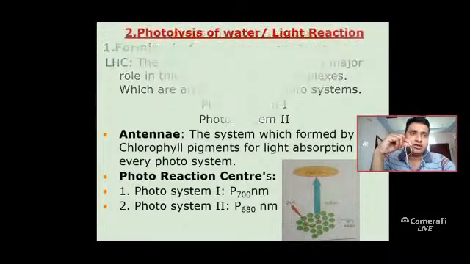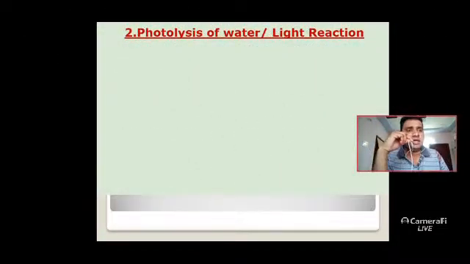And the next one is after light absorption. We have an idea how the light is absorbed or trapped by the chlorophyll pigments, from the last slide. But my point is, after light absorption, after light trapping, what is the light doing? That means how is the light converted into energy? That's my question. The second step in the light reaction is called photolysis of water. Whenever the light enters into the chlorophyll,